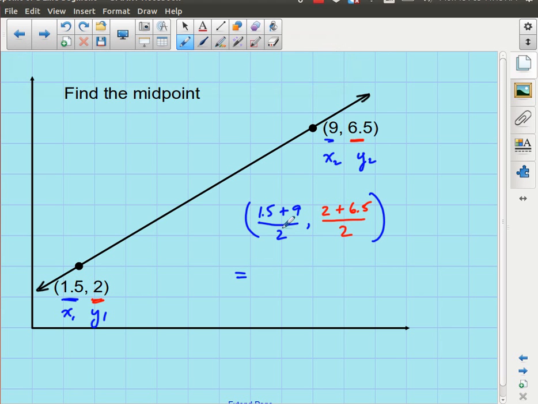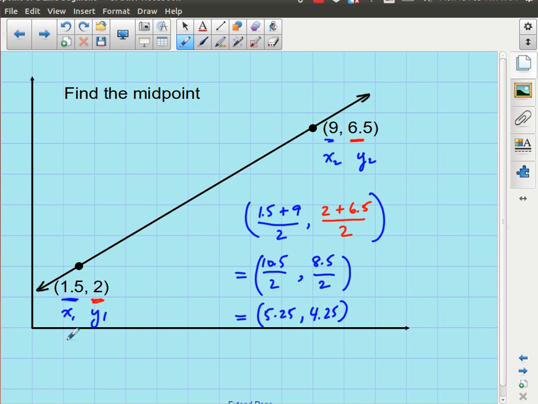And that is equal to 1.5 plus 9 is 10.5 divided by 2. 2 plus 6.5 is 8.5 divided by 2. And that ends up giving me 5.25 and 4.25. Now it's unlikely I would have been able to pick out this point, 5.25 and 4.25, just from